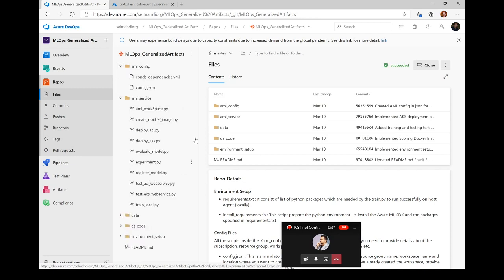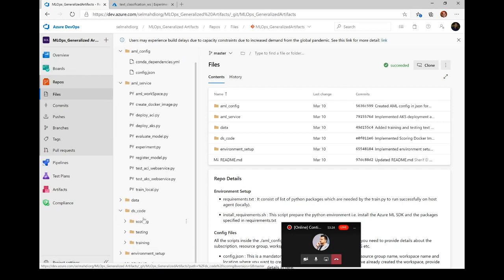And this script is under this folder that relates to the ML service. Normally it's not the job of the data scientists to build these scripts, like to create the workspace, scripts to create the Docker image, scripts to deploy the ACI. Mainly there are people within the company who are working on developing this infrastructure and this DevOps pipeline, so that the data scientists just focus on the data science code, run the experiments, write the code for the training, evaluation, and testing, and utilize directly the ready-made